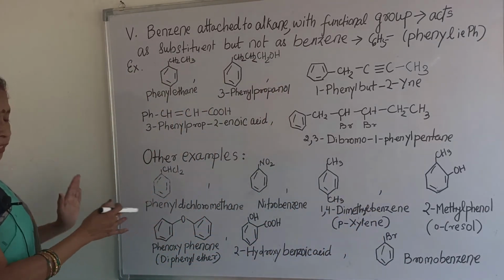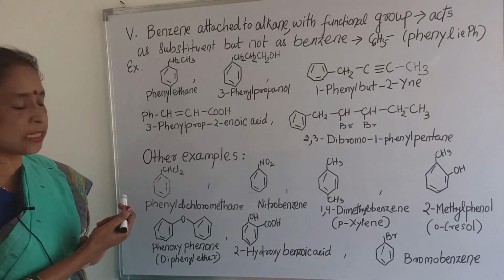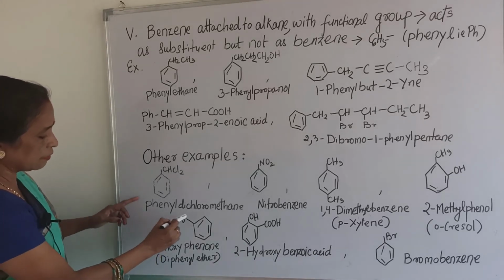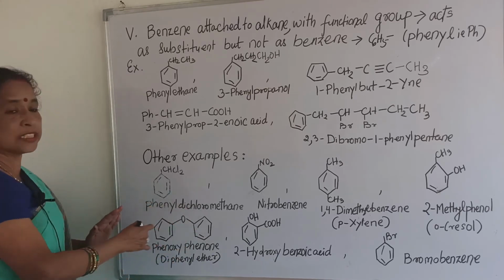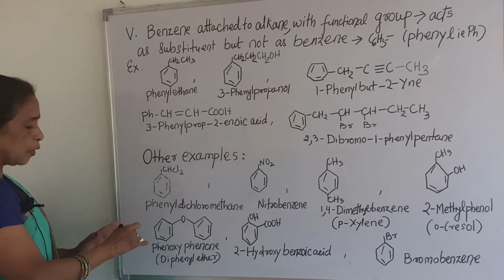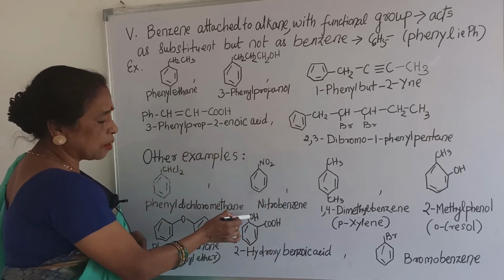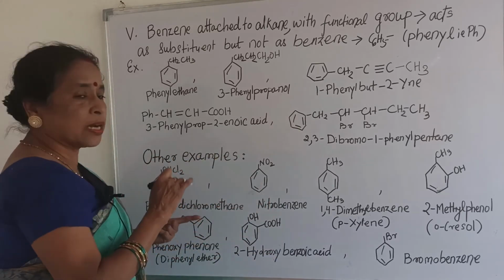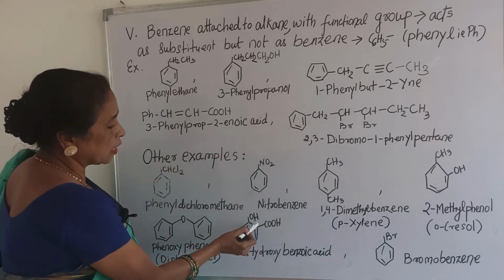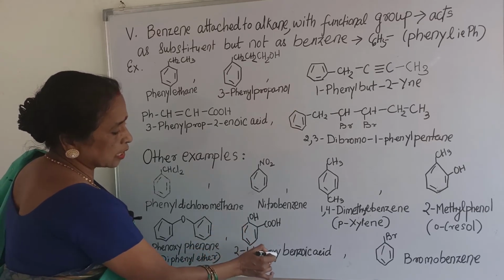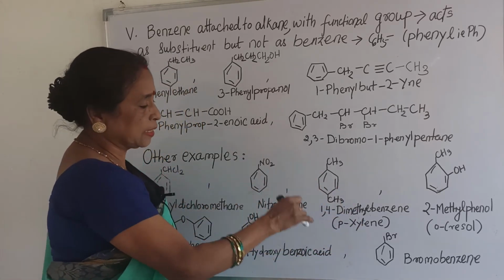If two phenyl groups are attached to an oxygen, or if attached to any alkyl group, any phenyl group, that acts as an ether, that is why its common name is diphenyl ether, and the IUPAC name, this part is known as phenoxy and this part is known as benzene. So this is known as phenoxybenzene. And here 2-hydroxybenzoic acid. Why? Because when you compare OH and COOH, the main priority should be given to COOH. That is why this is 1, 2. So this is 2-hydroxybenzoic acid. And next, the last one, here simply a bromine group is attached to benzene, that is why it is known as simply bromobenzene.